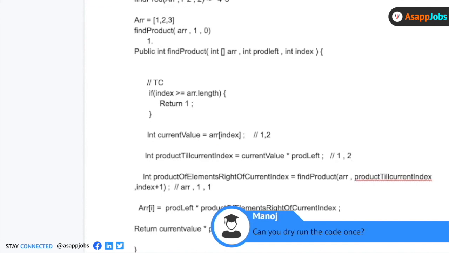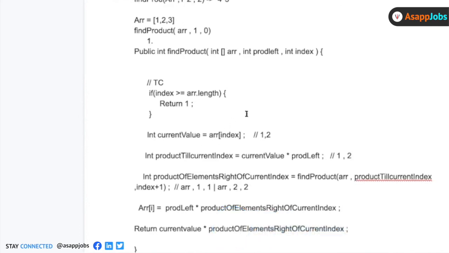And in this case, again it goes here, and the second argument that passes, after the array, is the product till the current index. Then again it comes here, the current value comes out as 3, and this value comes out as 3 into the previous value that is passed, 2, so it becomes equal to 6, right?